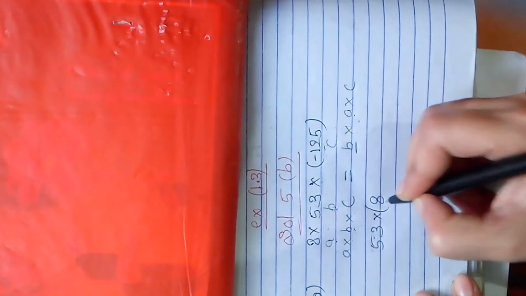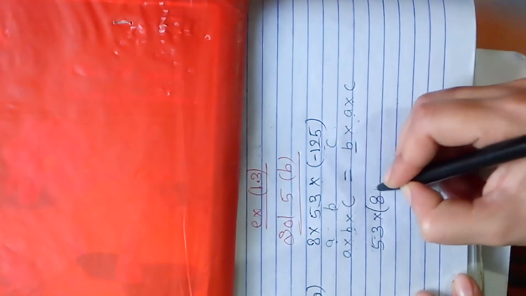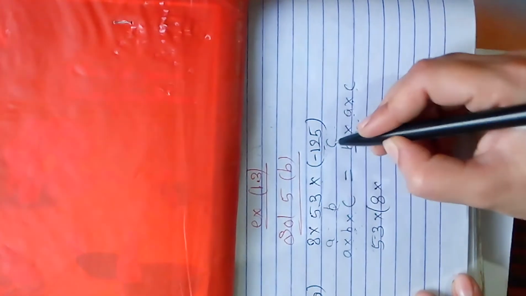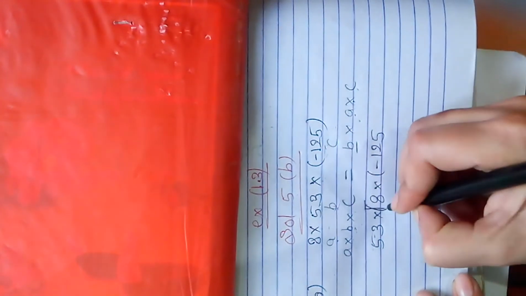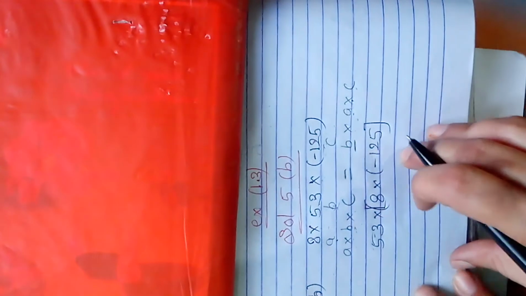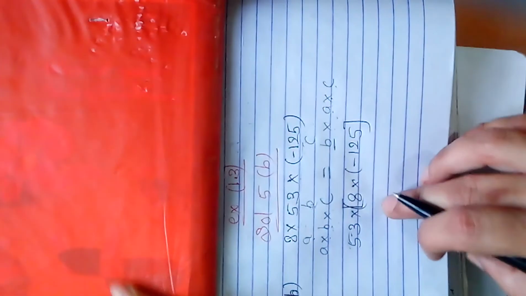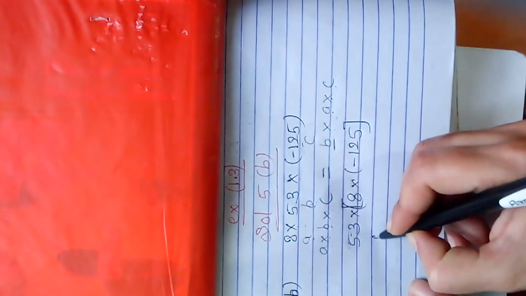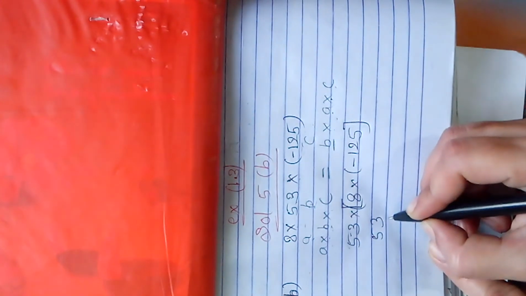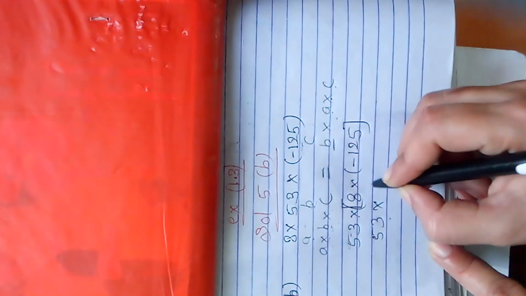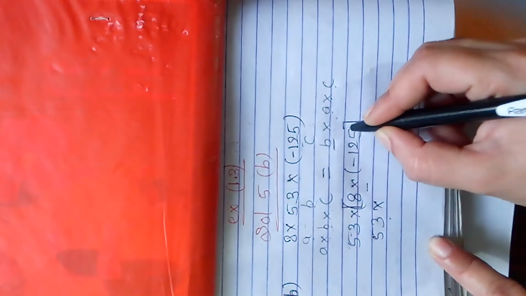You can see here in bracket cross C, which is equal to minus 125. It will be good if you take this bracket, 53 as it is, then cross in bracket